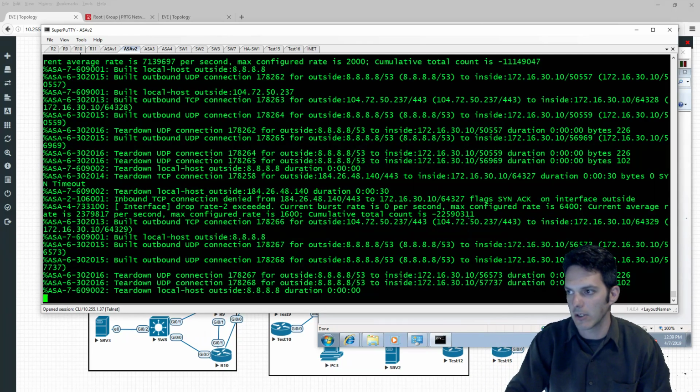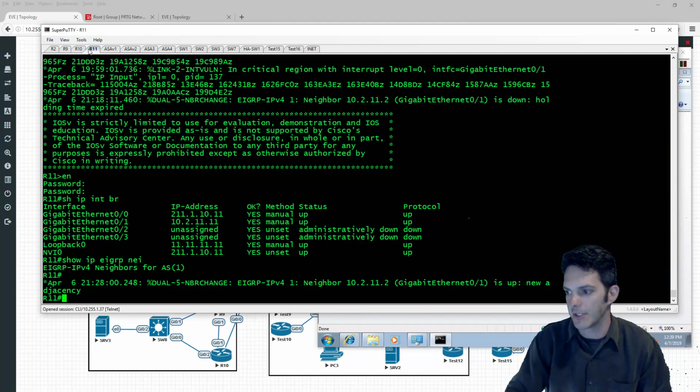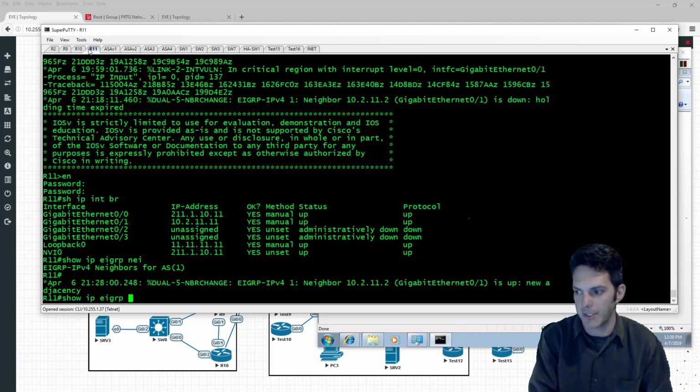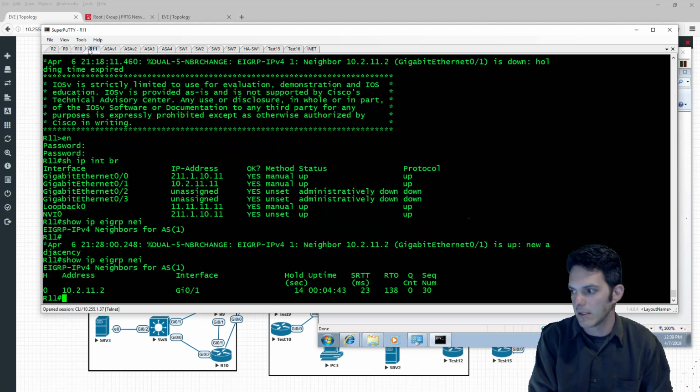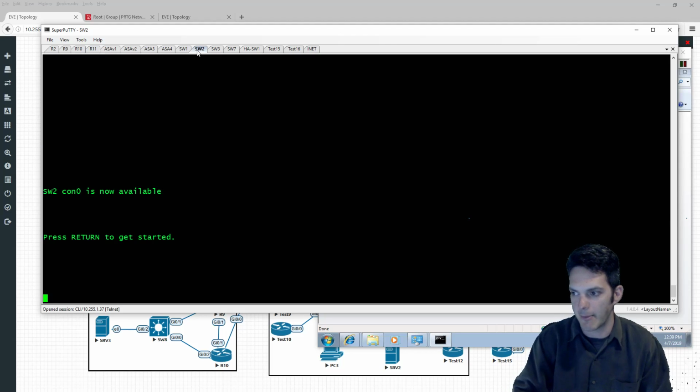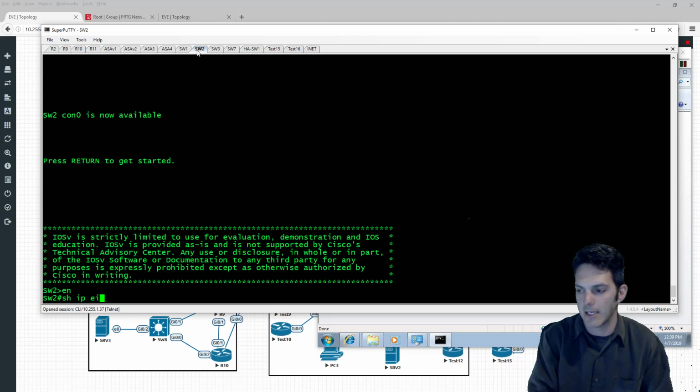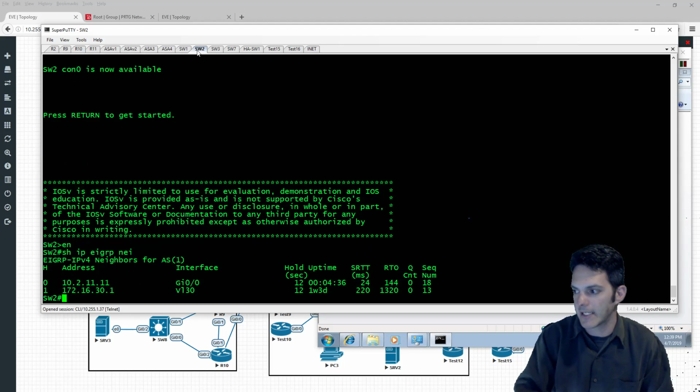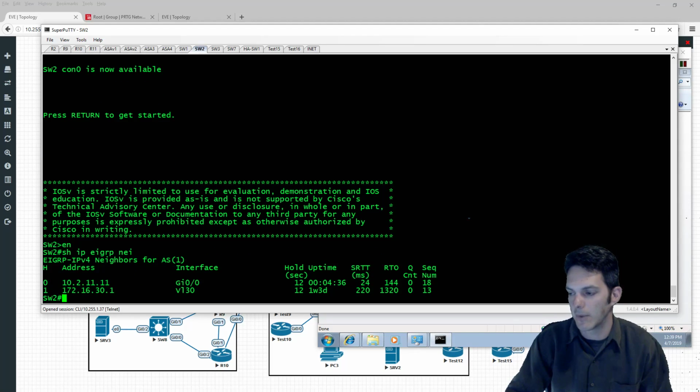So as we go back to R11, we'll notice that the EIGRP adjacency here in a moment will be down. If we do a show ip eigrp neighbors, it will eventually go. Oh, you know why? Because the connection table hasn't timed out yet. Switch 2 eventually will time out. We do a show ip eigrp neighbor. That connection eventually will go down. And when it does go down,